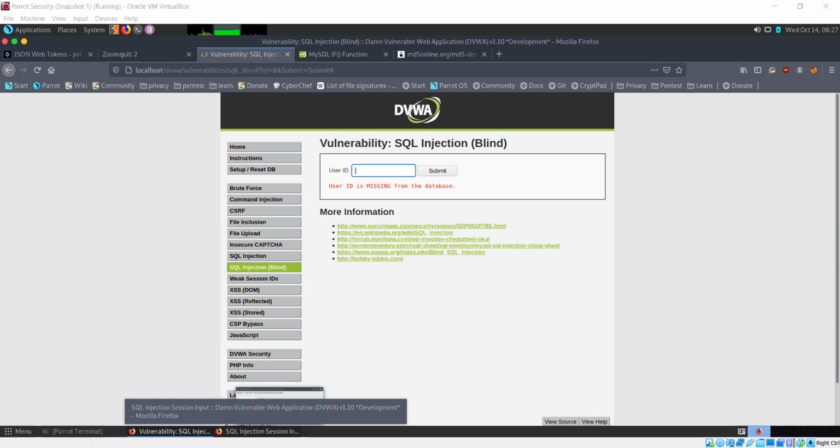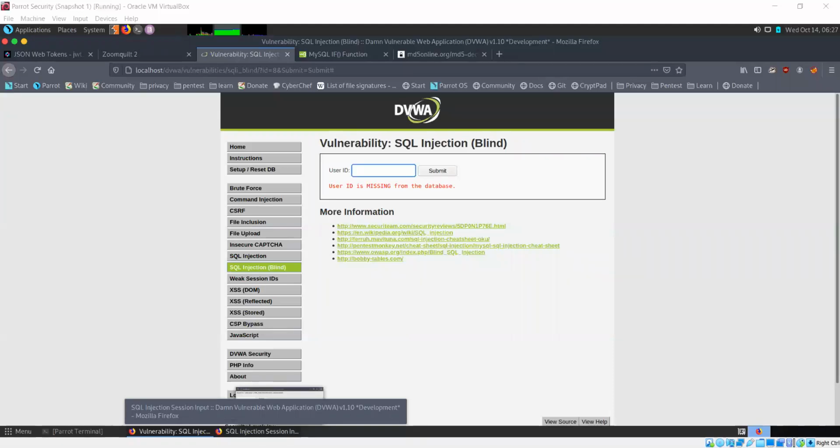Basically, blind SQL injection involves asking queries to the database where it will return some form of answer in a true or false response. By observing this response, we can infer some information. I'll talk about what kind of information that is in just a moment.